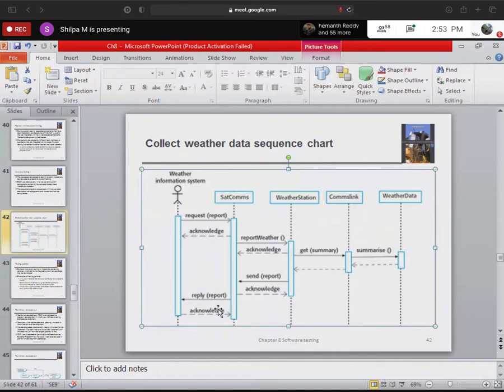Did you understand now? System testing involves testing the entire system or the functionality. One functionality is collecting the weather data, which involves a sequence of interactions between different components. Here, it involves four components interacting with one another and getting the result.